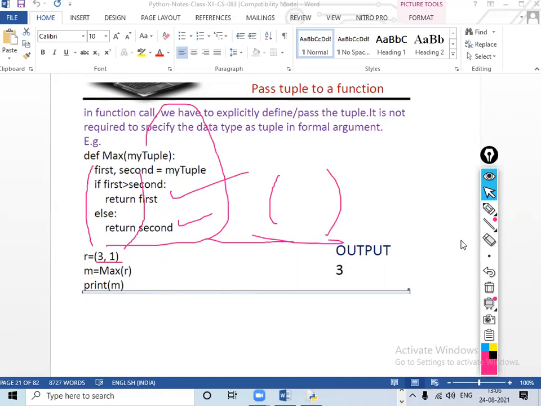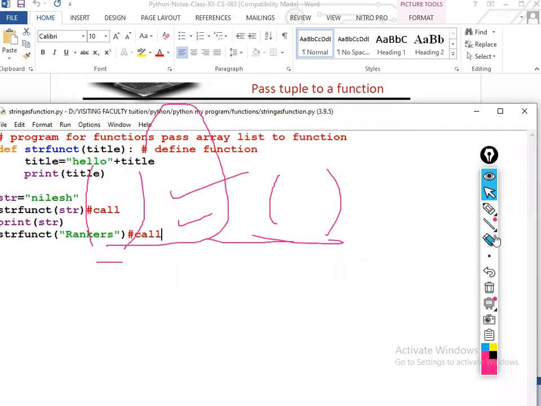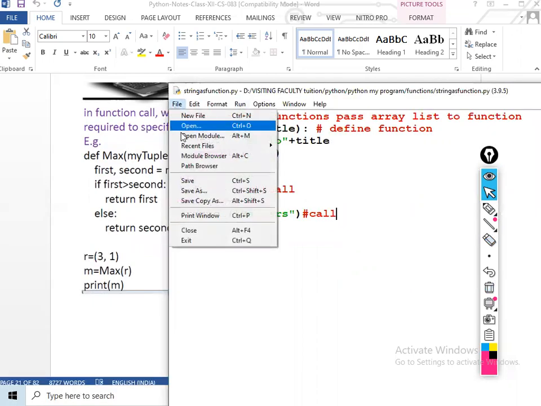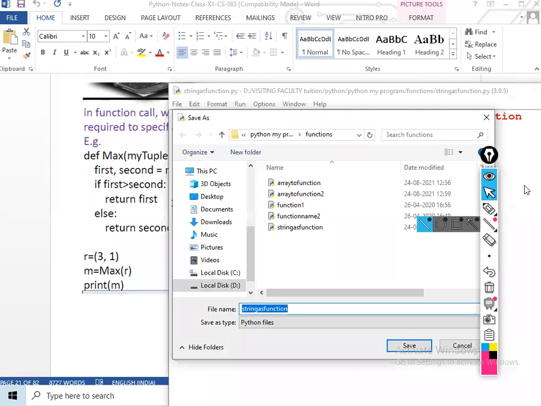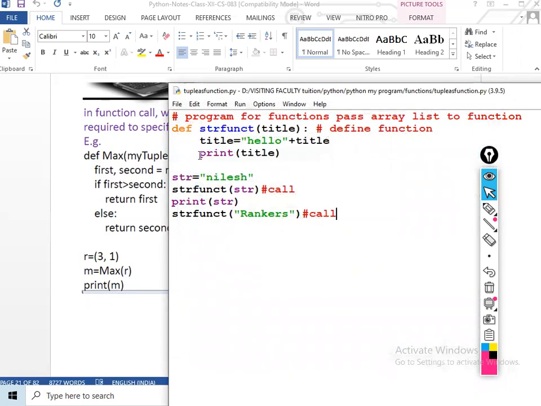Now we will create it so that we can understand properly. How to define the tuple? Here we define max 3, and give my number as the argument.